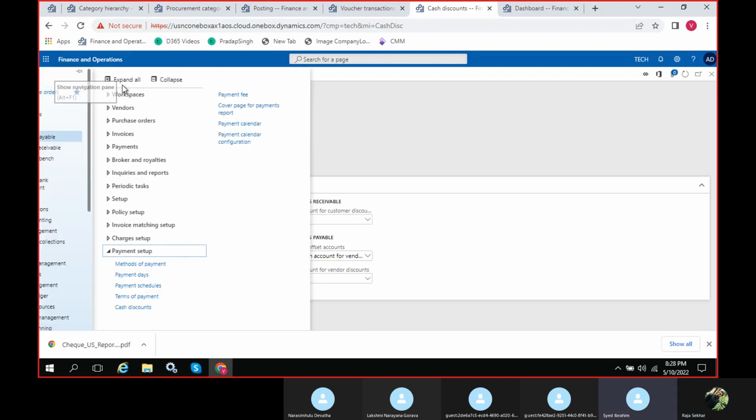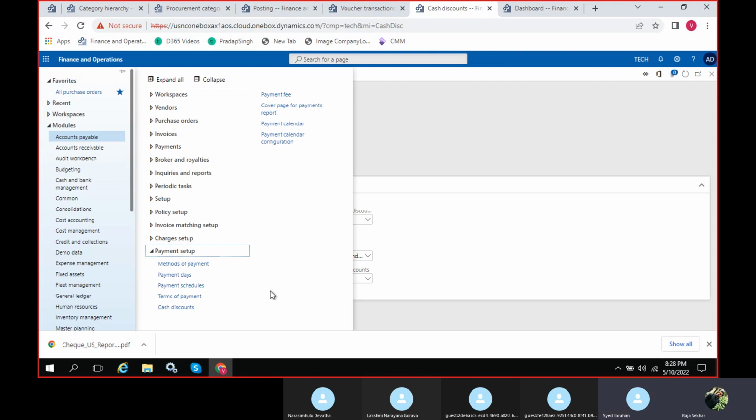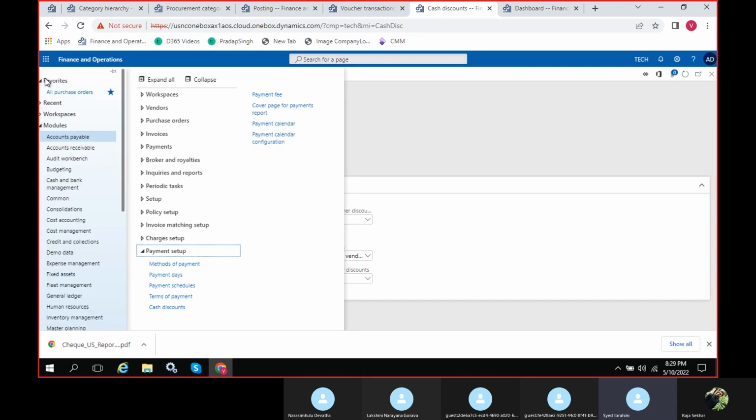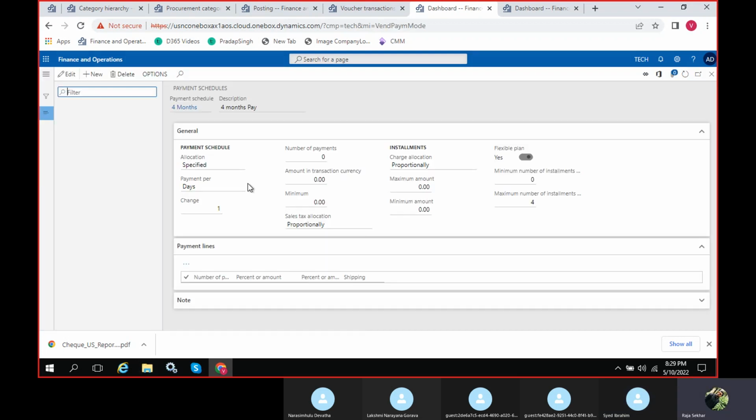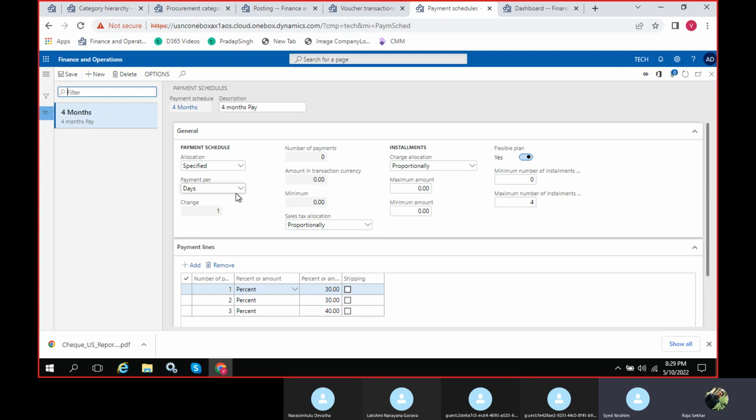Yeah, tell me, sir. Rashika, there was an option for percent. Can't we give a fixed amount over there, in payment schedules? Yes, in payment schedules, in the drop down you have selected the percent of amount. Here you can give the amount also. Okay, got it. It's all so flexible, however the client wants.